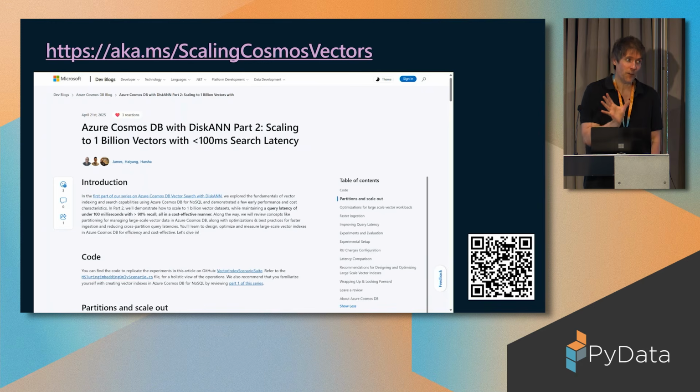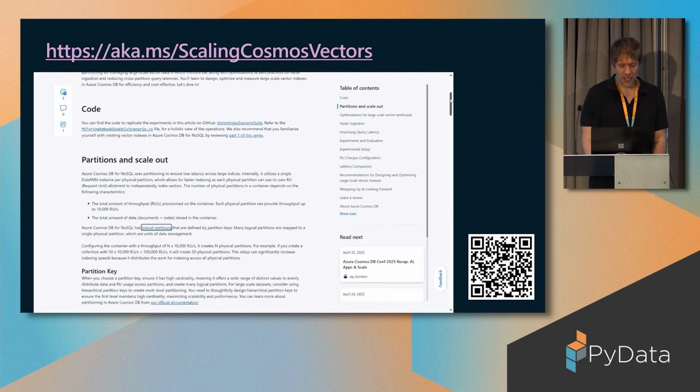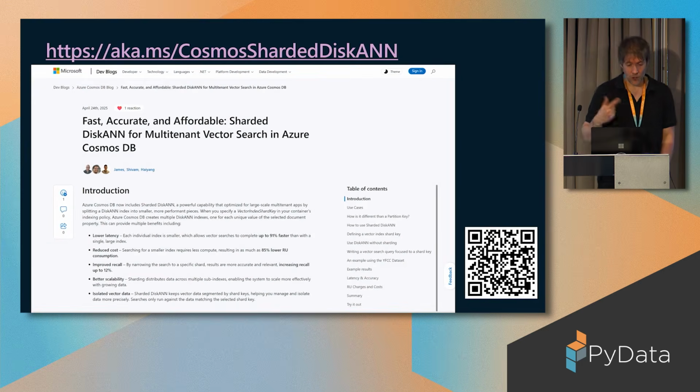A couple of papers that will be very interesting, not papers, sorry, blogs, how we've achieved billions of vectors at scale with less than 100 milliseconds search latency. Not surprising that these recommend having a good partition key strategy, of course. And I should mention also, another blog on sharded DiskANN that we've just introduced recently. If you're not already familiar with partitioning, then this may be a little bit of overload, but basically it's the same thing, but sharding at the index level for vectors gives you an extra level, you could say, of hierarchy in terms of how you distribute the data within your vector store.